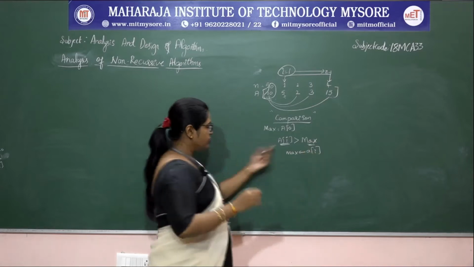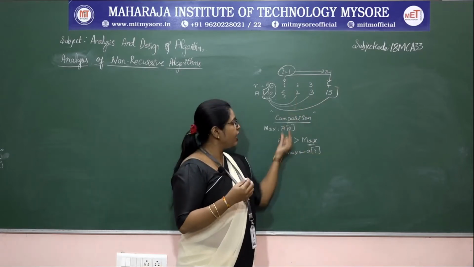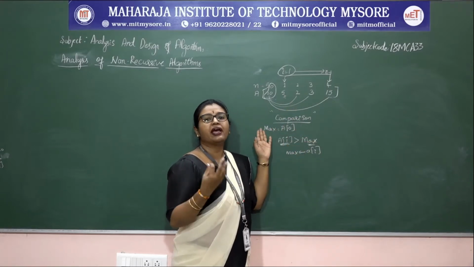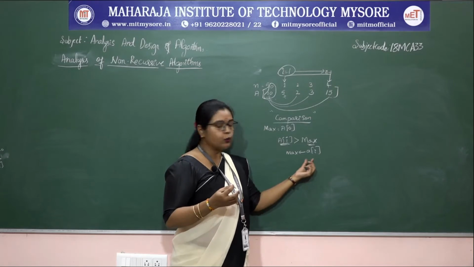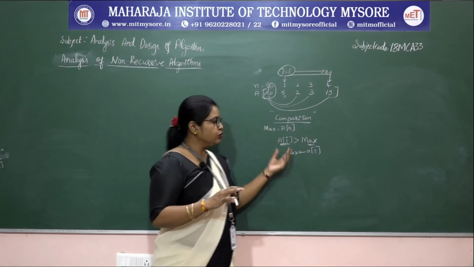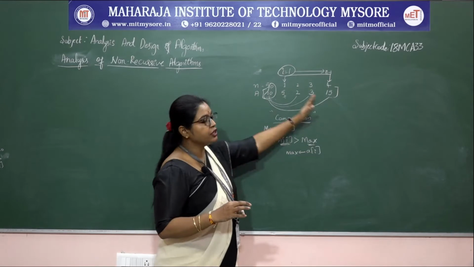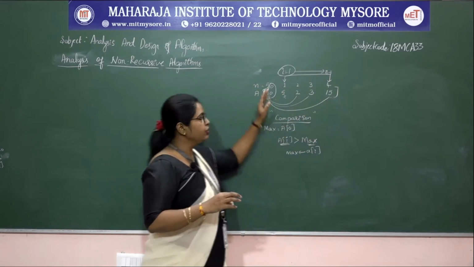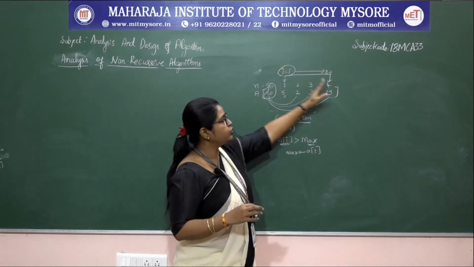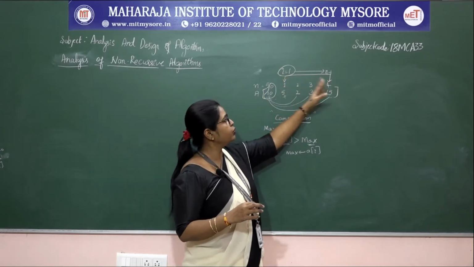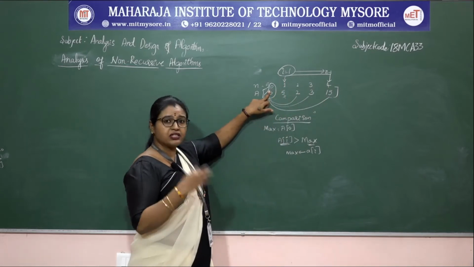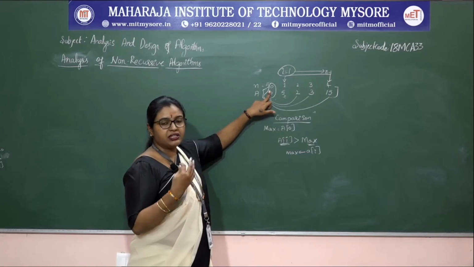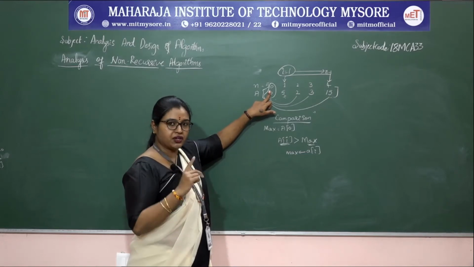Why? Because this A of I, the new value we picked from the array, is greater than the maximum value we assumed, therefore the value is updated. This process continues till the end of the array. So the index runs from 1 to n minus 1. Why 1 to n minus 1? Because the first value we assumed to be the largest element in the array for the first iteration.